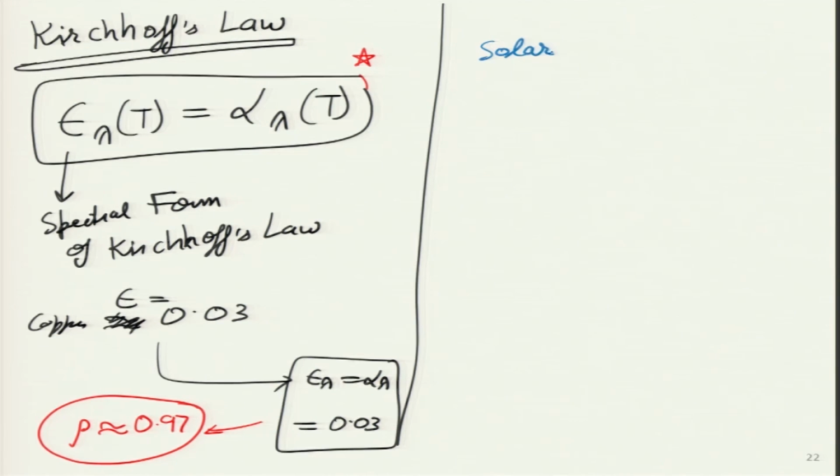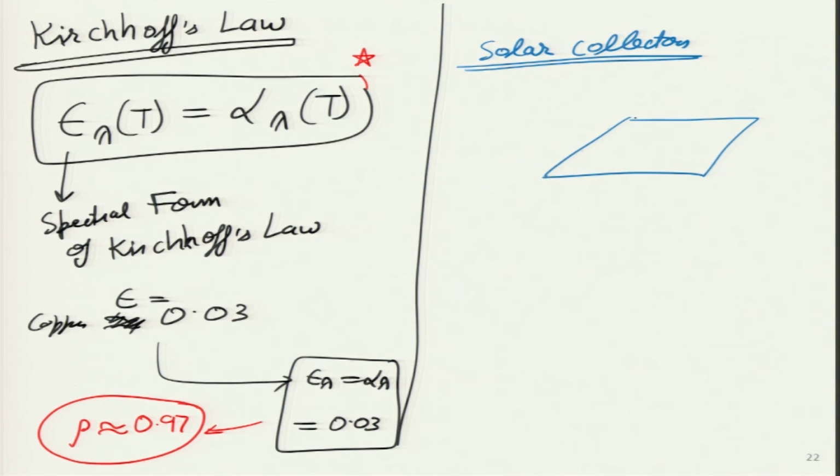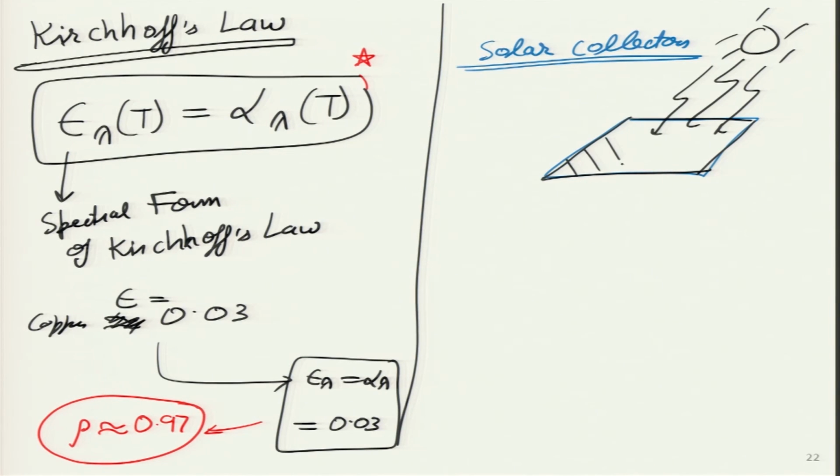And one of the places where we are looking at spectral properties is a solar collector. The simplest form of solar collector is a black surface which is put under the sun. Ideally, it has to be engineered in such a way that the maximum amount of solar radiation is absorbed, so that the energy is transferred to the fluid which is flowing, perhaps in the form of pipes beneath it. The fluid enters the collector at temperature T inlet, let us